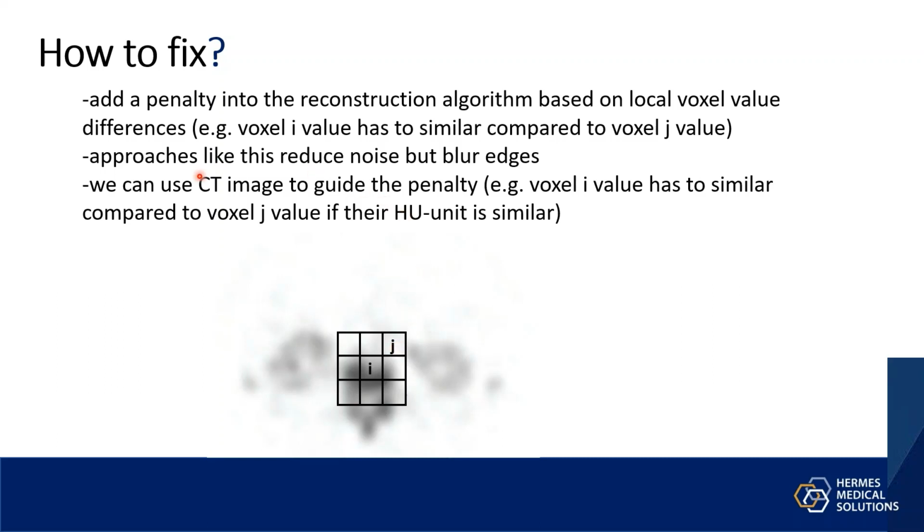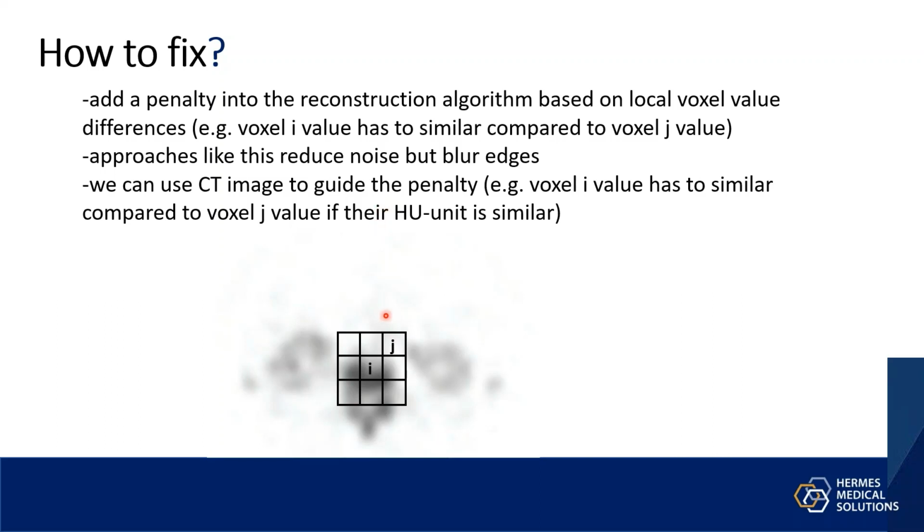But the problem with this approach, for example, in this case, where we have a bone image, is that the voxel values I and J really should be different, because voxel I is in bone and J is in soft tissue. But what we can do is use the CT image to guide our